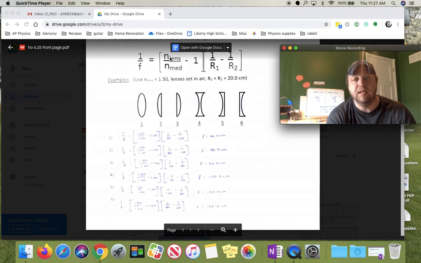So for all of these, the left-hand side part of this equation is going to be 1.5 divided by 1 minus 1. So this side is just going to be 0.5. All right, R1 and R2 for all of these are 20 centimeters. So on this one, we've got R1 is positive, so notice I put 1 over 20, but then minus R2 is negative because it's on the left-hand side of the lens. So this is 1 over negative 20, and when I plug that in, I get a focal length of 20